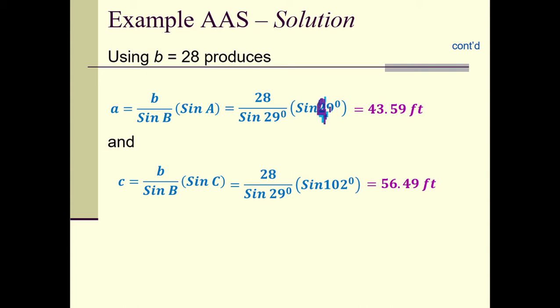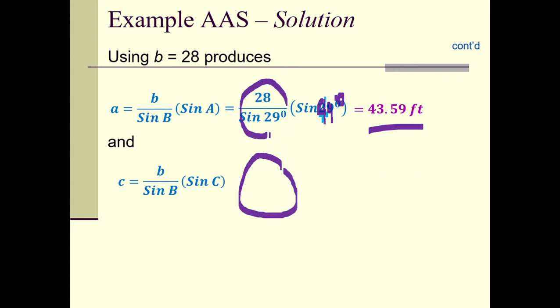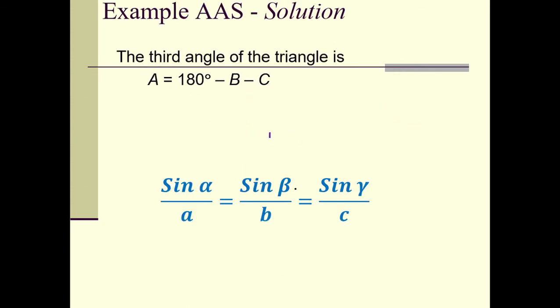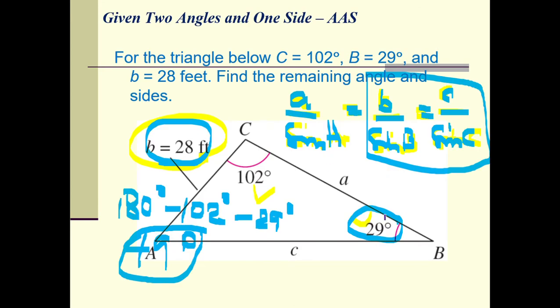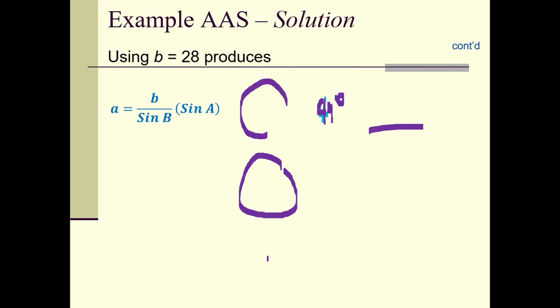49, yan na. Ayan. Para maging 43.59 feet. So, remember, cross-multiply and then divide natin sa sine 29. So, ganun din sa C. Diba? Kasi 28. Kasi ito given na to eh. Ayan. Diba? Makita nyo din sa ating problem. Ayan o, 29 siya. 28. This is 49. Nagkamali lang sa pagsusunod. Okay. So,